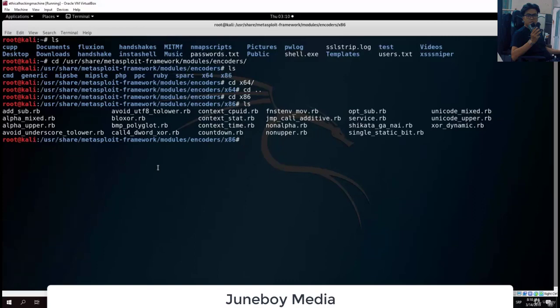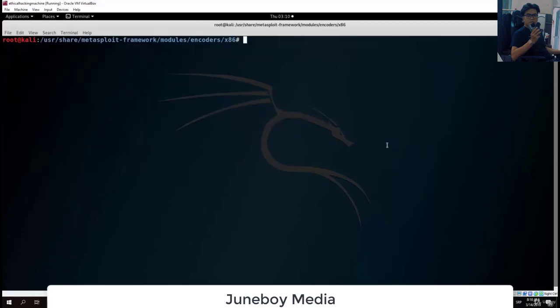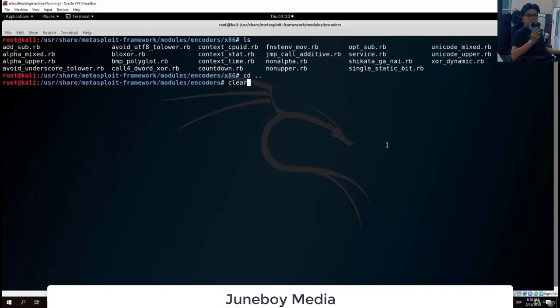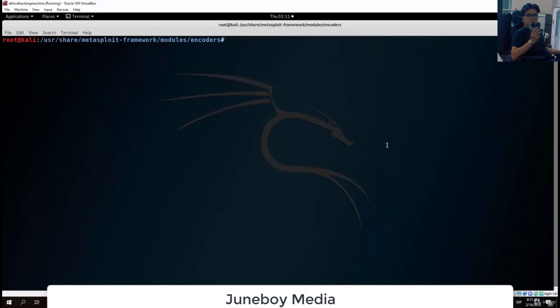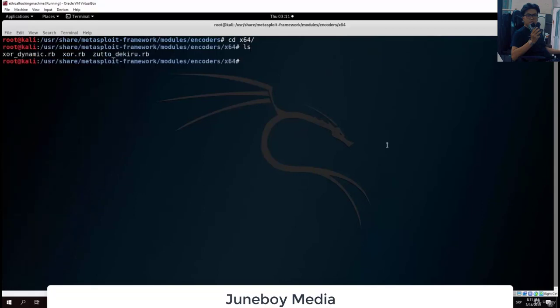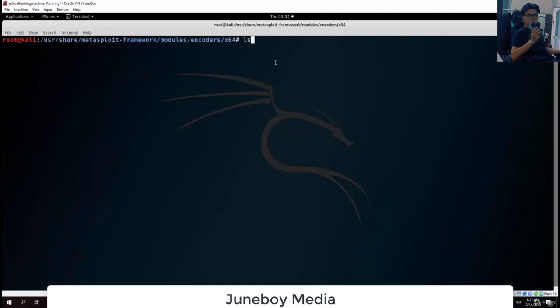Now, the most important one is the shikata_ga_nai encoder, but that basically doesn't do much since it is already well known by the antivirus companies. Since my Windows 10 machine is a 64-bit machine, I will use 64-bit. So let's see what we have here. We will, for example, use this one, but first of all let me show you